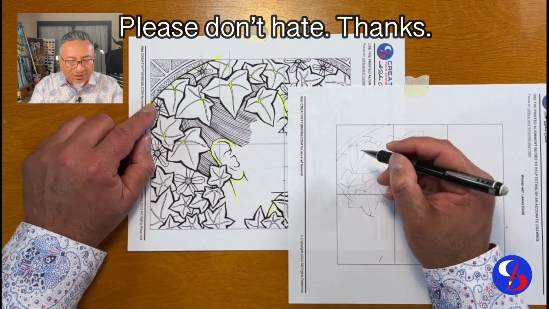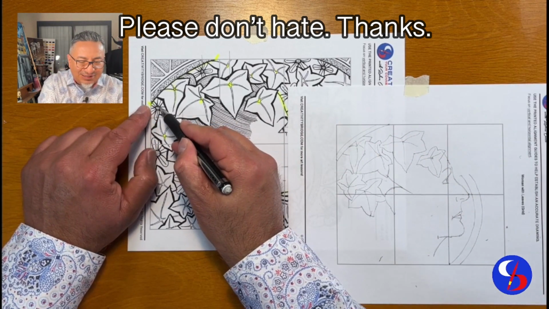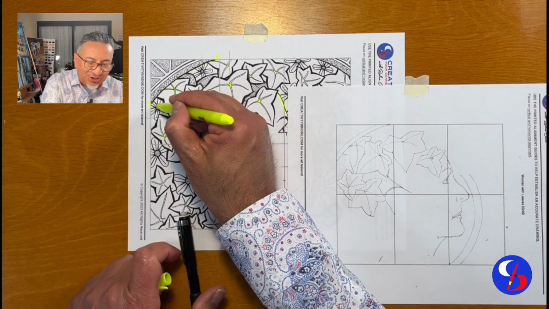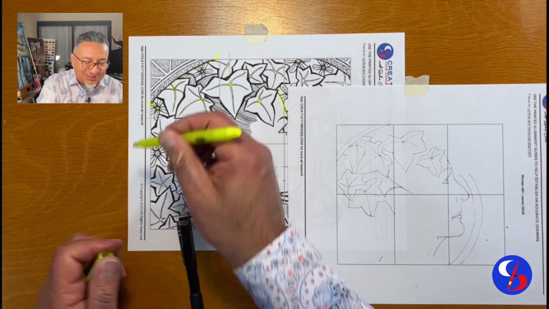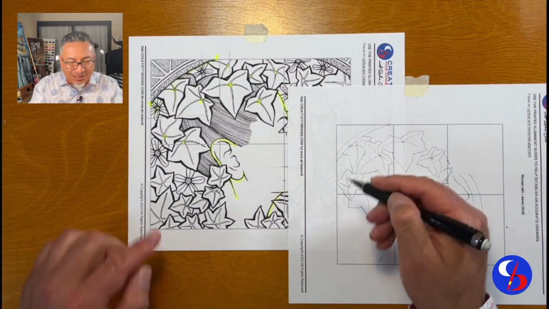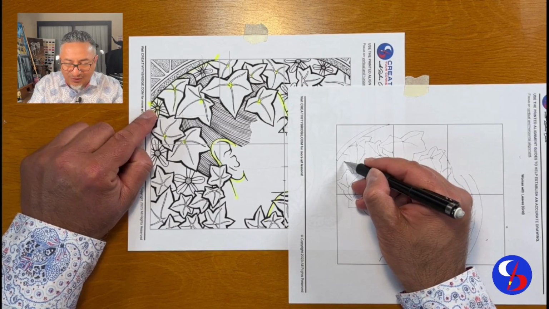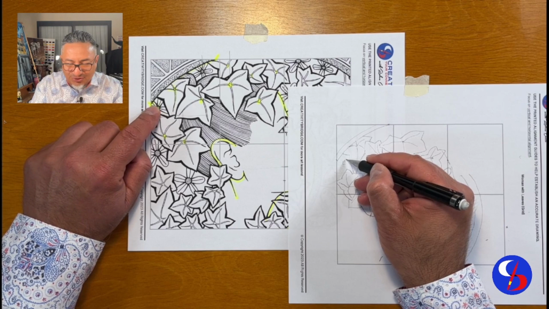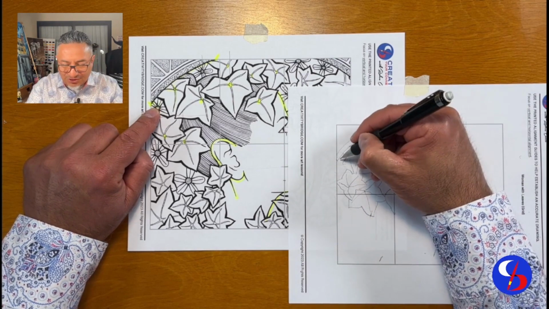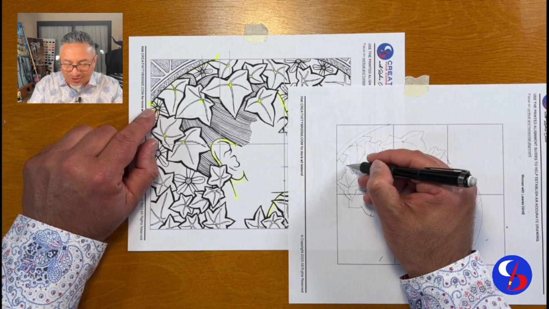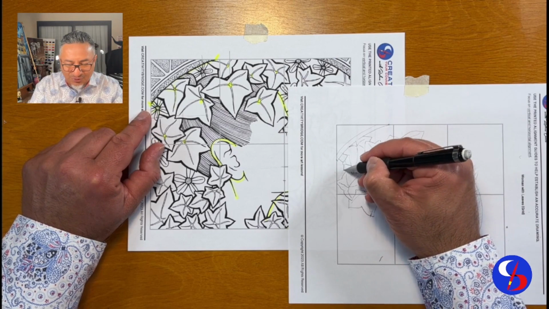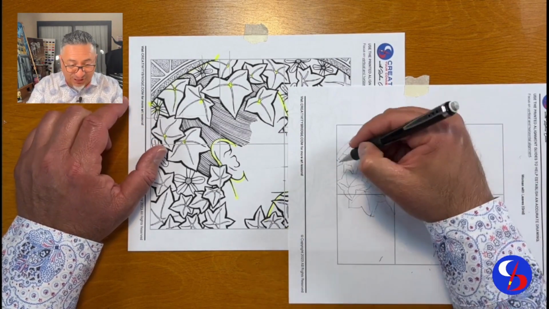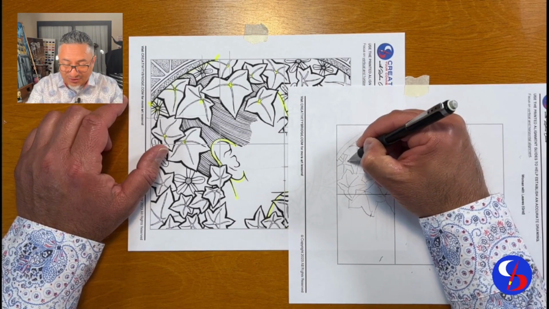Good. And then we got these little flowers here, these daisy-like flowers here. That's going to be actually kind of simple to do. There's a circle, and even these have their own axis line. So let's go ahead and start with that. I'm going to place this circle right here. And then I'm going to do the axis lines. There's one that goes this way, one that goes this way, one that goes this way. Yep, that's going to fit. This way, this way. And then once I have that, then I can just go ahead and do the petals,